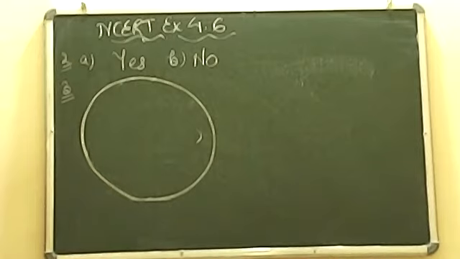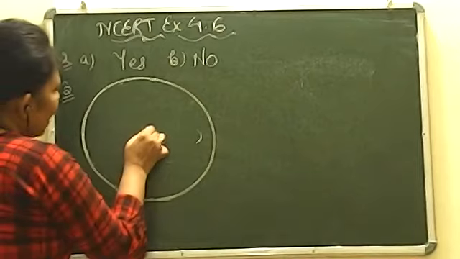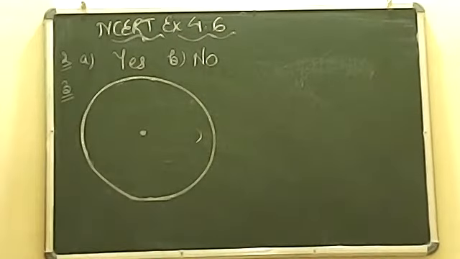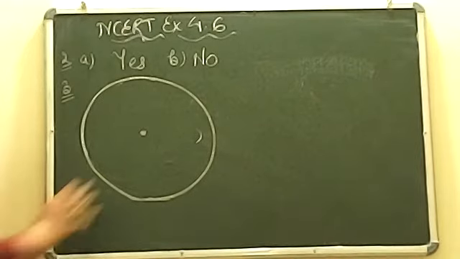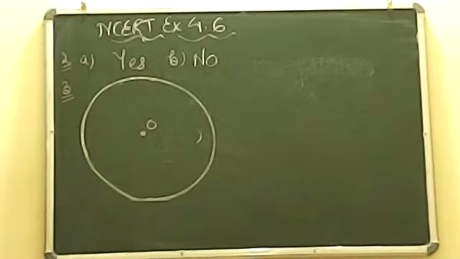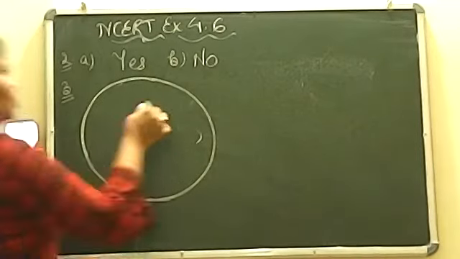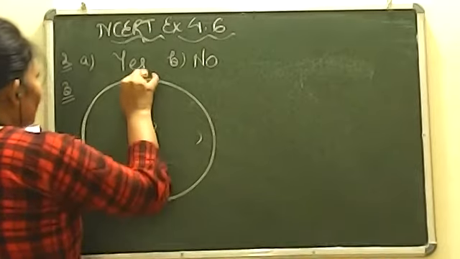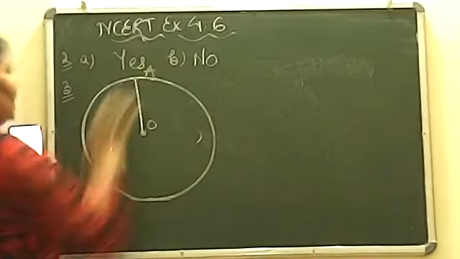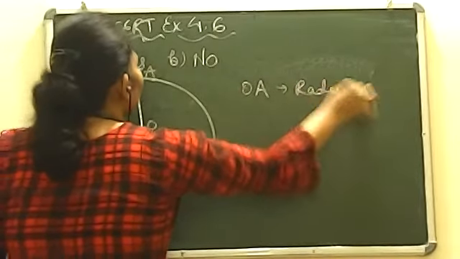Now the first thing it is telling, you have to draw its center. So सबसे पहले बेटा you are knowing without center your circle will not be drawn, and on your compass when you will draw the circle you will have a center on it. So I am writing here this is the center and I am giving the name O because I like alphabet O as a center. My second question is you have to draw a radius. आपको एक ही radius बनानी है, ठीक है? One radius. So I can be drawing it any of the radius. Suppose I am drawing it like this. I am giving the name as A. So my radius is OA. OA radius.